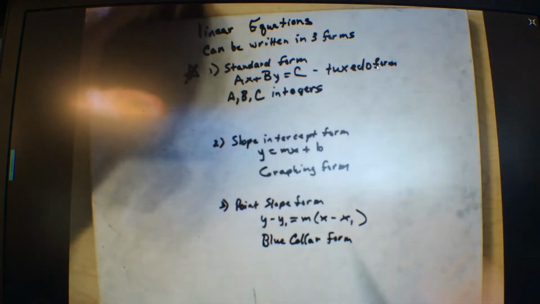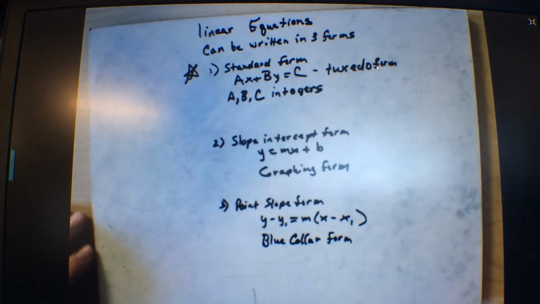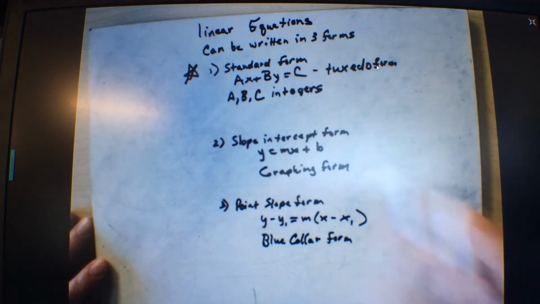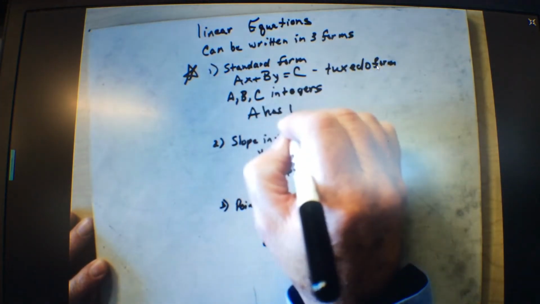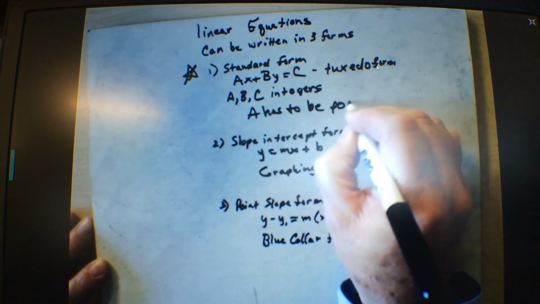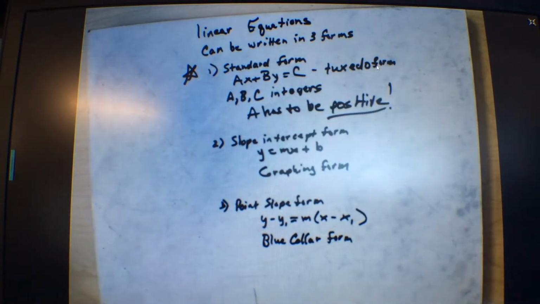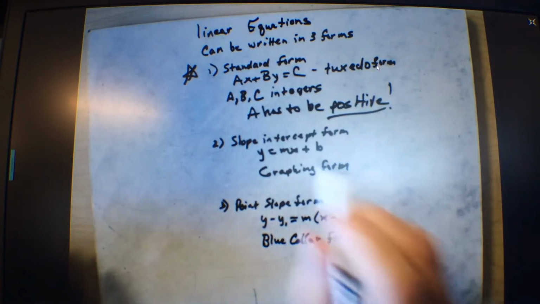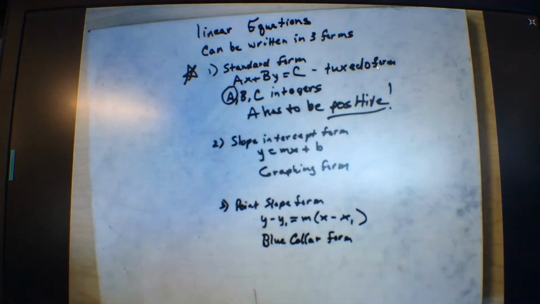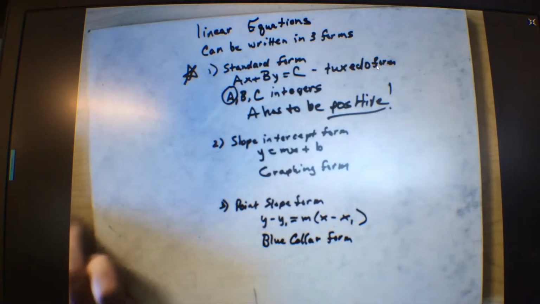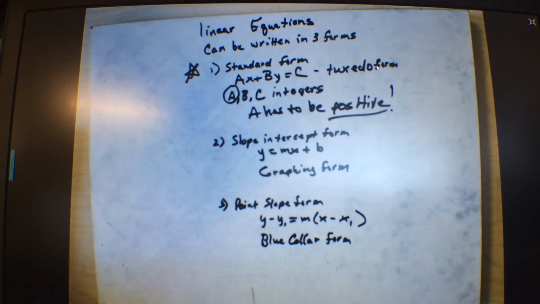Okay? I'm going to make one exception, and this is a Mr. Ellis rule. This is not a rule that's universal. This is Mr. Ellis's rule. A has to be positive. Sorry, positive doesn't look so good. Positive looks pretty negative. No, A has to be. This A right here. That A right there has to be positive. Okay? I make A positive. That is for our benefit. Okay? That way we all have the same answer. All right? Okay,